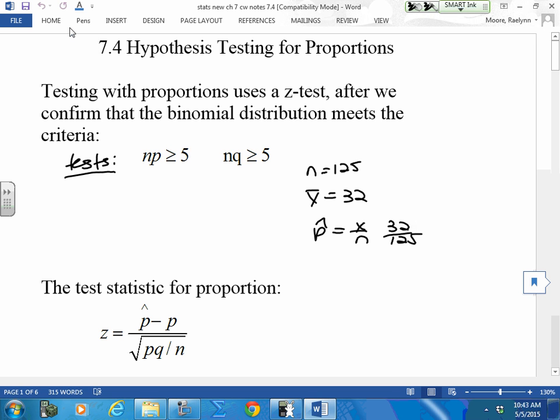We're going to do the same thing when we test a claim. We're going to get a claim about the population. We're going to sample a certain amount of people who respond x equals, and we're going to build our p hat from that and test from your p hat. Okay? Your test statistic for your z-score for a proportion, it's a little bit different than your other z-score, but if you notice,